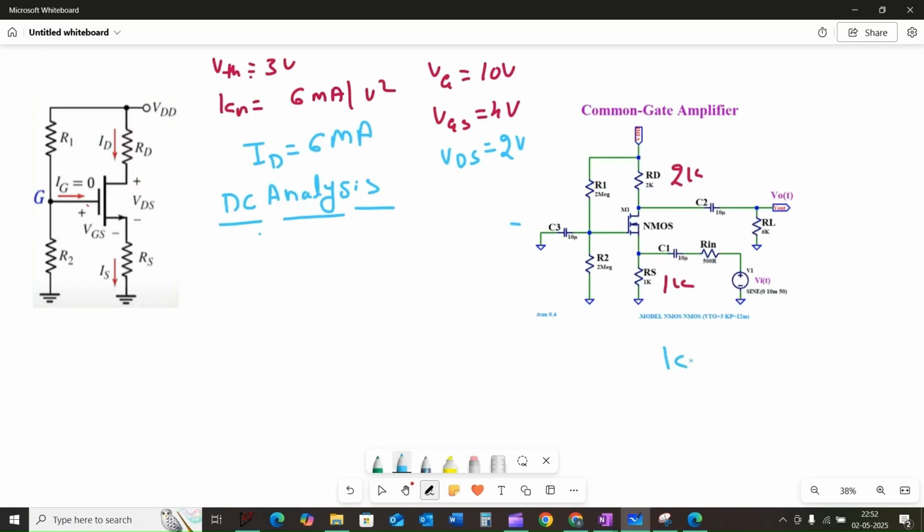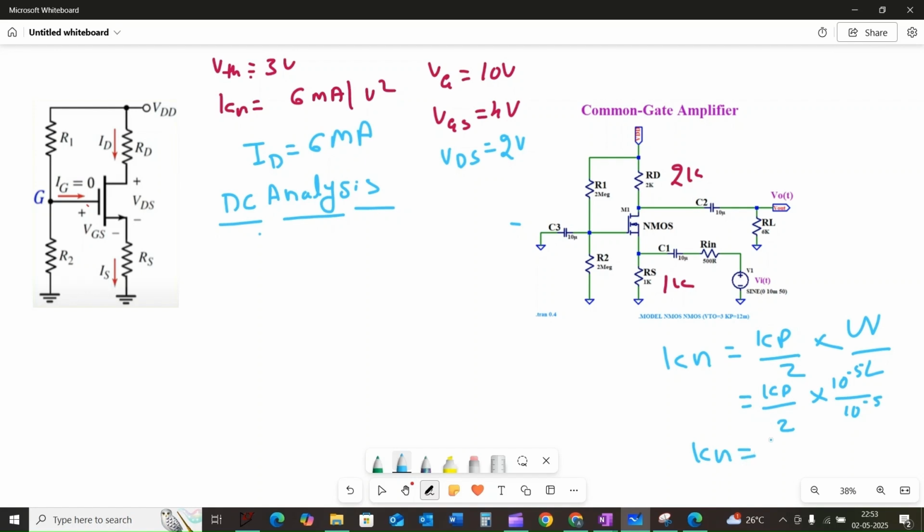Then Kn is equal to Kp divided by 2 into W divided by L. By considering our MOSFET, the W will be 10 to the power of minus 5, and similarly L will be 10 to the power of minus 5,